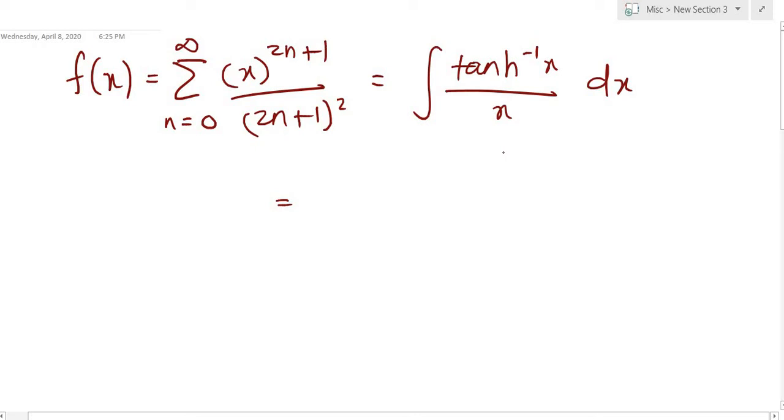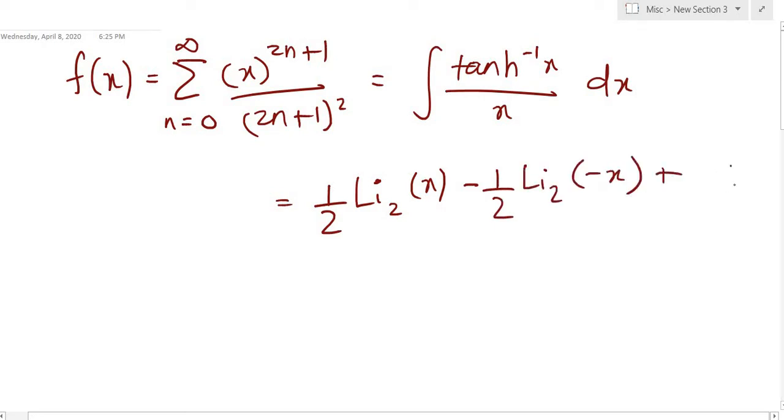Then we used some Taylor series, and then we got a definition for the dilogarithm function. So I'll just write the answer for now directly. So this is half times the dilogarithm of x minus half the dilogarithm of negative x, and don't forget the plus c, the constant of integration,